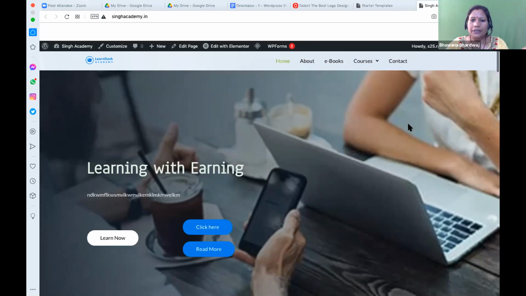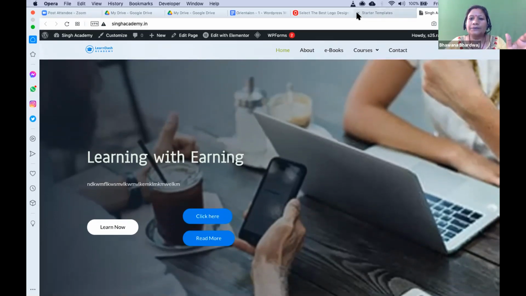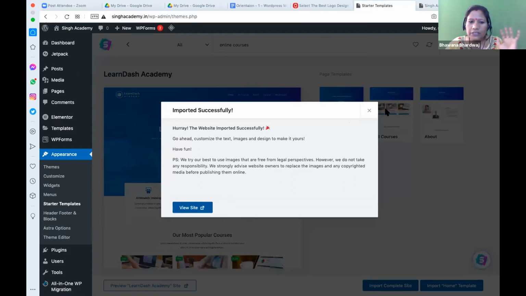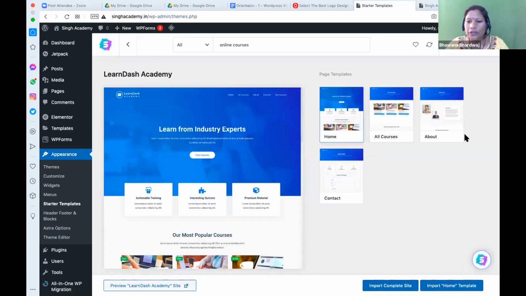Correct. Right. So having said that, now come back and we will start with the visit website. It's done. So far, how many of you are able to do that? How many of you are able to install the Astra, install the starter templates, install the selected one, any of the templates, and import the complete website of that template? Nayan is done. Rakesh is done. I think Amit and Seema. What about you?